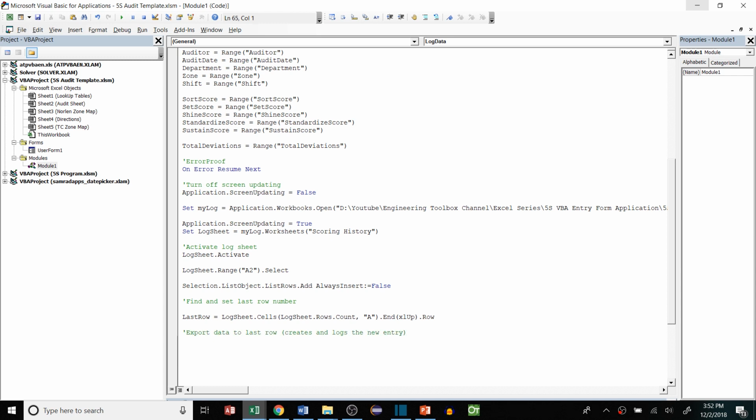And this is going to be tedious again, but we're going to say logSheet.Range("A" & lastRow). So just for example, if our last row is row 10, this will select column A, row 10, and then we're going to set that equal to our audit date variable. And we're just going to do this a bunch more times for each of the variables that we pull